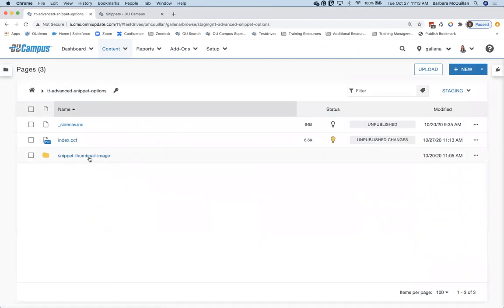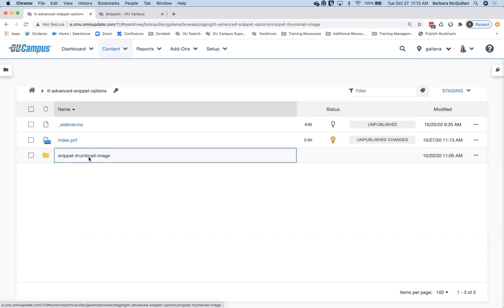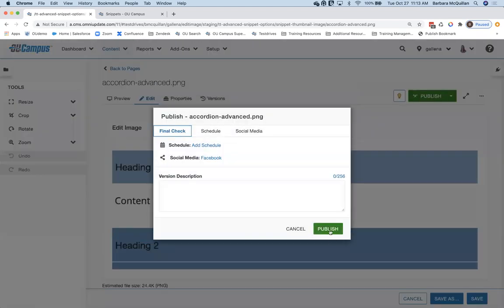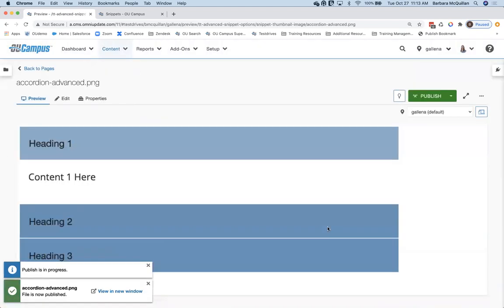Back to my pages list, I have a folder that I've created here. When you're actually creating preview images for your snippets, you're probably going to want to keep them inside an underscore resources folder, somewhere like that, where they're all going to be in one central location. I just placed it here to make it a little bit easier for my navigation as I'm showing things off to you though. And it literally is just a picture. So it's a screenshot of that particular accordion. So now that I have the screenshot, I'm going to want to publish it out because I am going to use a fully qualified URL for that image.